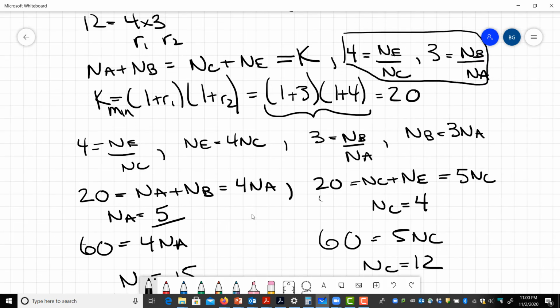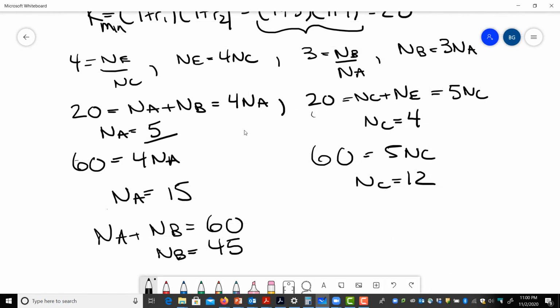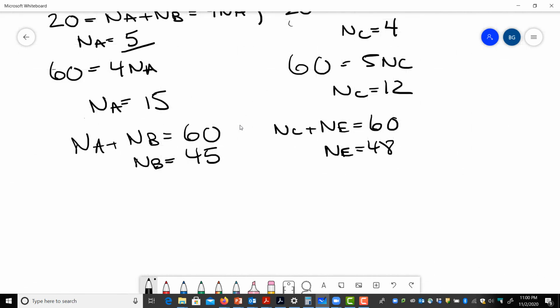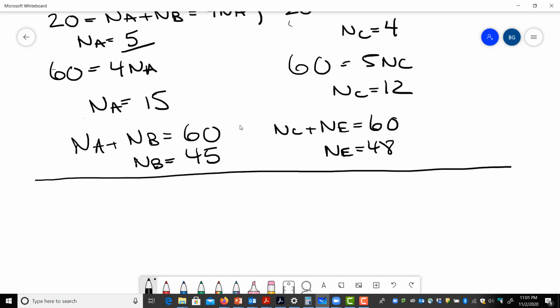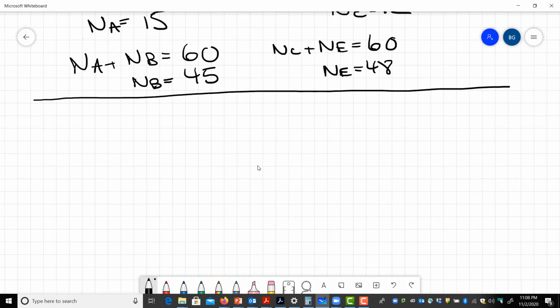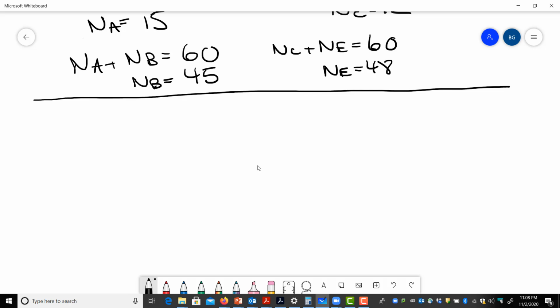Going over here, just zooming back up for a second, NC plus NE equals 60. NE equals 48. So with these two gear ratios, we will now get 1 rotation of the hour hand for 12 rotations around the clock, okay? And it will be reverted, okay? And remember, PD equals 24 per inch, okay? So we have